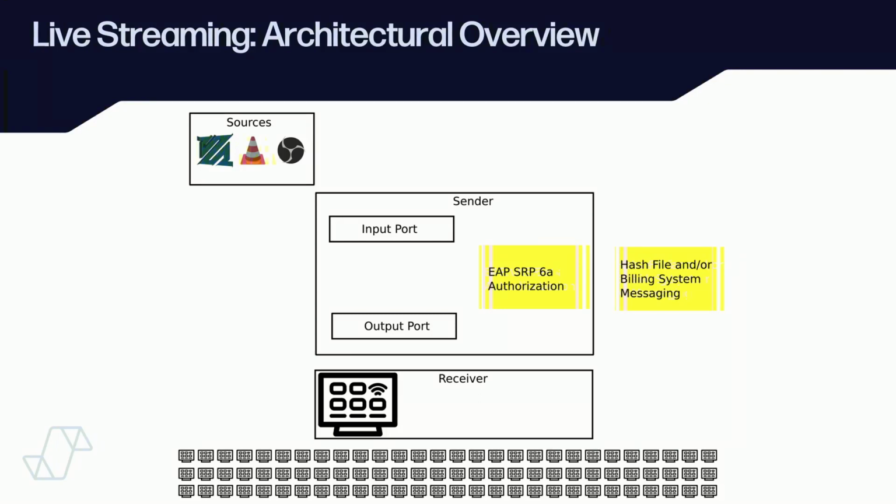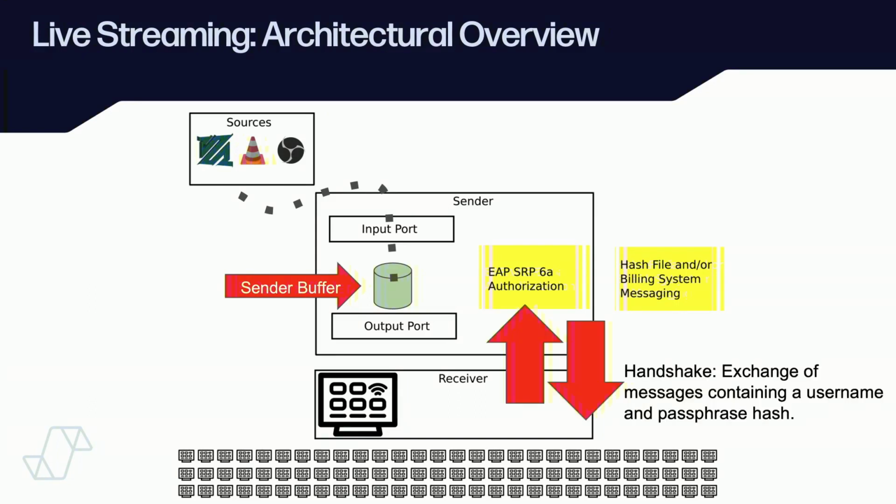We have three major blocks: the sources, the sender, and the receiver. They're the squares. And this bottom part represents the thousands of receivers that are going to want to receive the stream. So the source can be FFmpeg, VLC, OBS, or a commercial encoder of some kind. Then it's going to basically start sending data as MPEG-TS to our sender. And the sender, using the RIST protocol, is going to fill the buffer. And as soon as it fills the buffer, it's going to start an output port